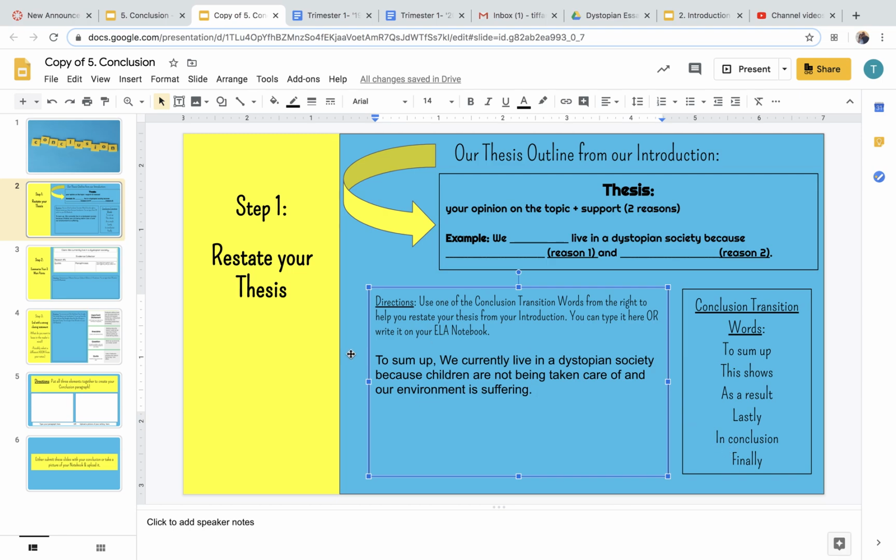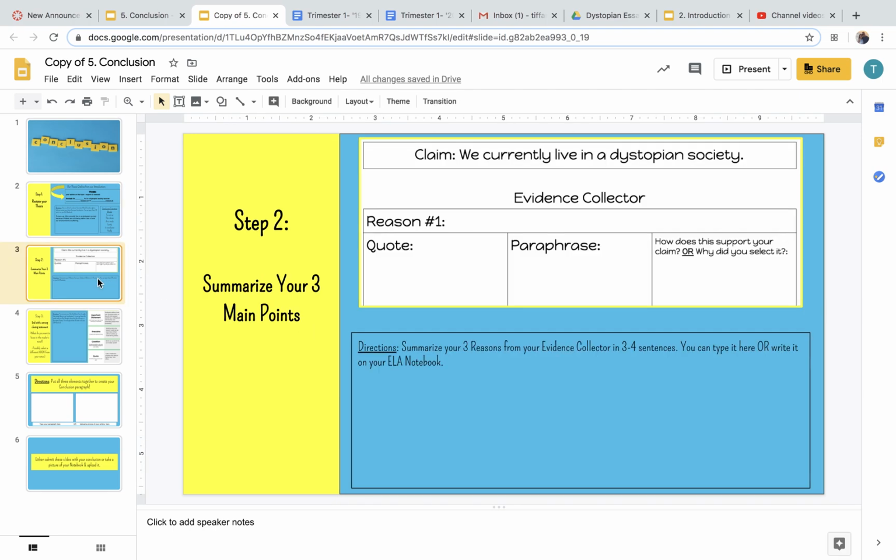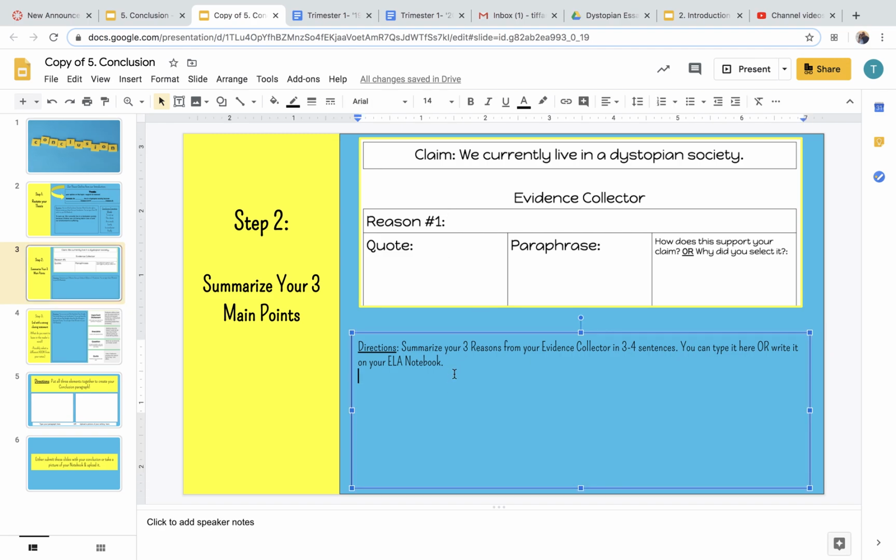So that's step one. So if I go to the next slide with step two, I'm going to summarize the three main points that I have in my evidence collector. So this is just in 3 to 4 sentences. I'm going to basically sum up what I've stated in my 3 main body paragraphs, right? So again, I can type in this box or I can write in my ELA notebook. Doesn't matter to me what you do. If you've completed on here, then you'll turn it in. If you do it in your notebook, you can take a picture of it and show me what you've done. But so just in 3 to 4 sentences, I can say,